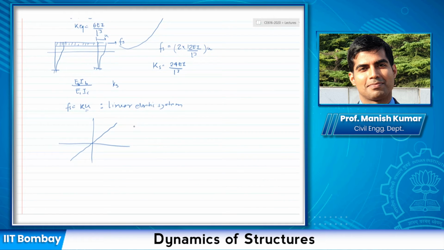So after a certain point, it will start to become like this. And if you do a cyclic loading, it would be something like this. Some of you might have seen this representation in your book. So this is Fs and U, a non-linear representation. However, one of the assumptions that we follow in structural dynamics is that all these displacements are small. And for a small displacement U, this relationship can be approximated as a linear system. So in this course, we would only be dealing with linear systems.